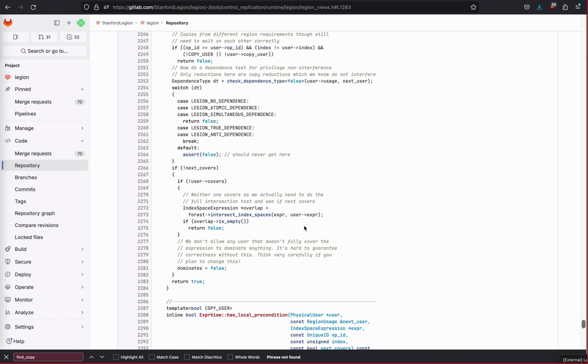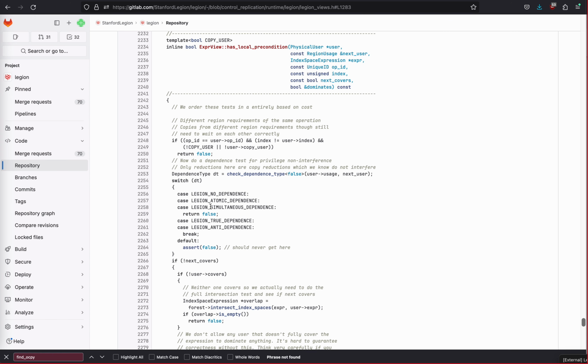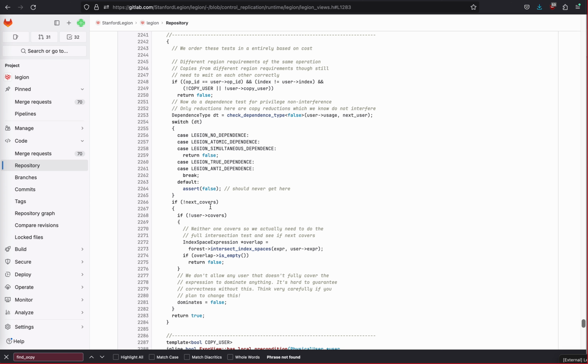So I remember we looked at these two methods last time. We were looking for copy preconditions, testing for preconditions of all the users in the epoch lists. And I mentioned that you still have to do these index-based expressions sometimes. And that's for the cases where these user covers bools are false because we've had an add partial user, like in the case of the copy. So we actually have to do the intersection test on the sets of points. And this happens in this case where you've got these partial copies that have been recorded in the bounding volume hierarchy,